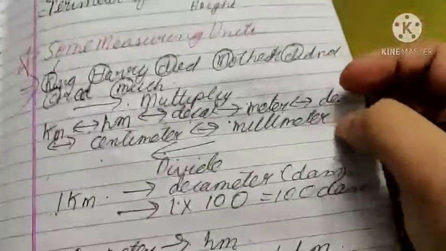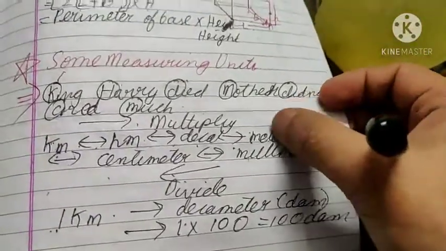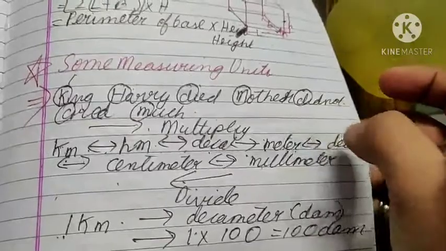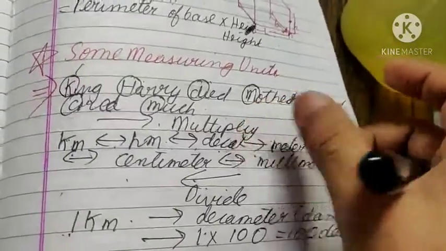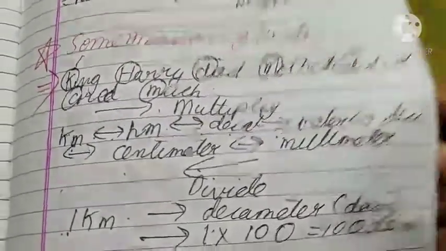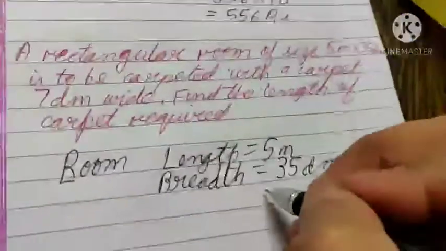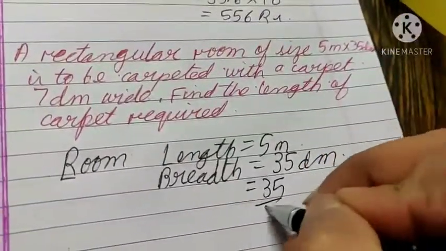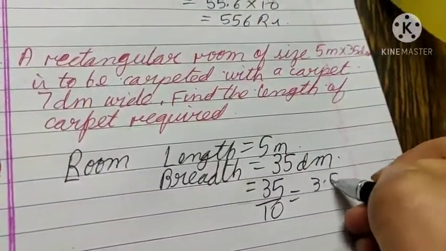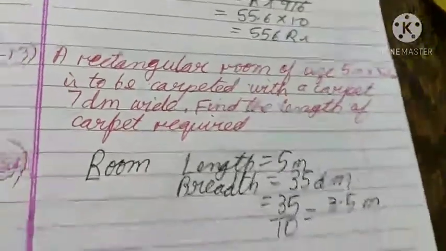Here, in the last class I have told you about these conversions, that converting from decimeter to meter is moving towards the left direction by one position, so we will divide by 10. So 3.5 meter. Okay,